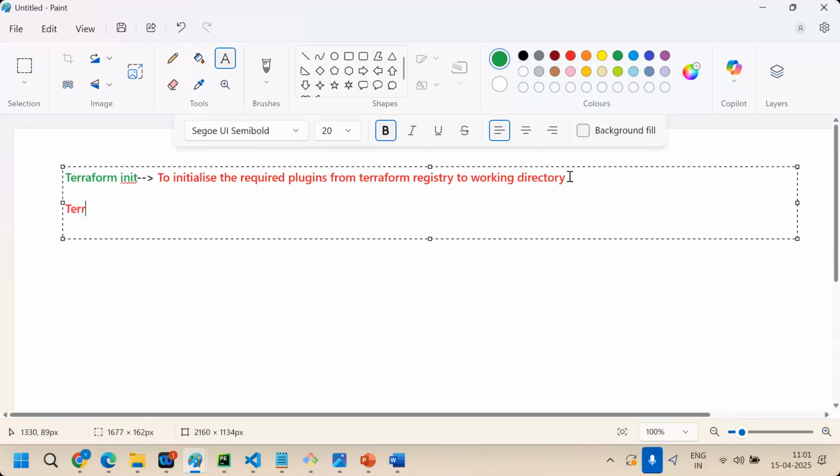Next, terraform plan. What is it? It will give just a plan of action, an execution plan.